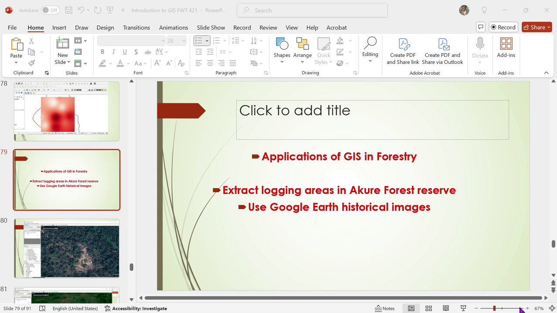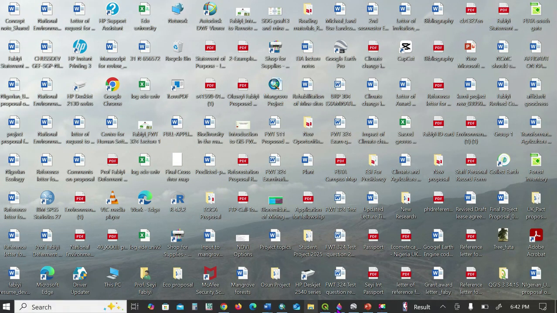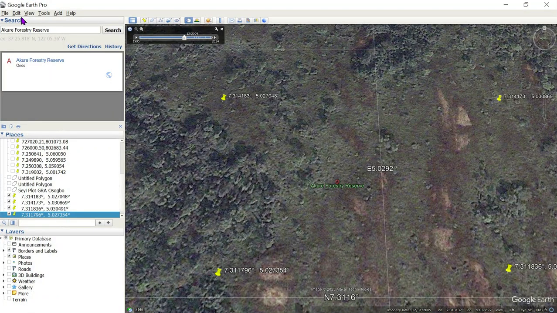Today we want to look at how we can extract the area where logging activities are taking place within Akure Forest Reserve using the historical images of Google Earth Pro. So we move to Google Earth Pro, and if you have installed and saved Google Earth, we want to look at